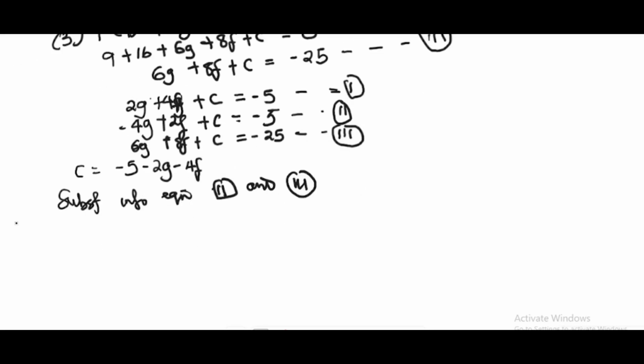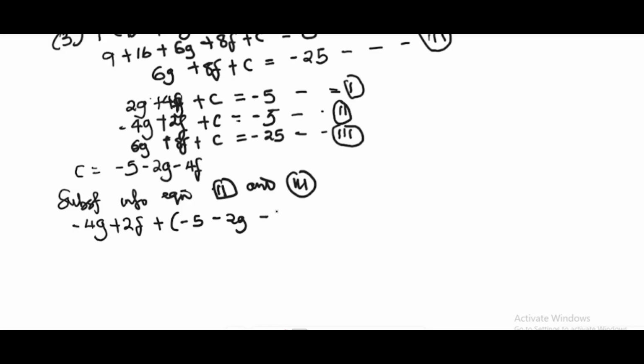Okay, so for the second equation, it will become minus 4g plus 2f plus, so instead of me having C, I will have minus 5 minus 2g minus 4f is equal to minus